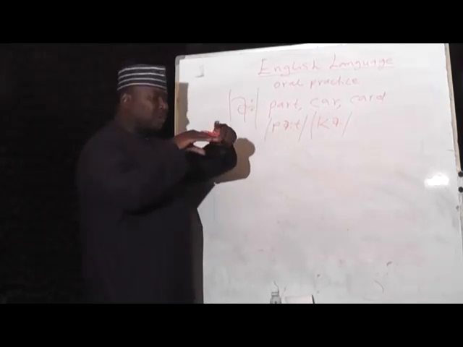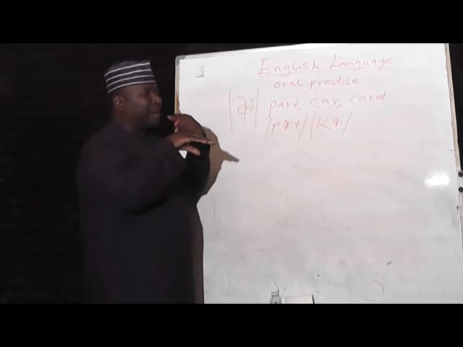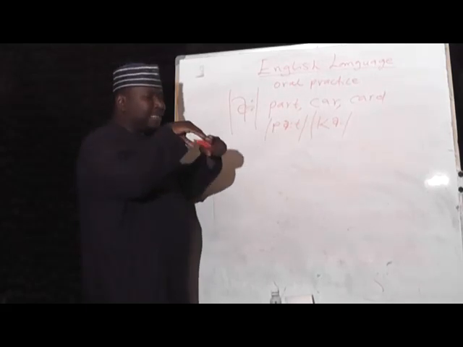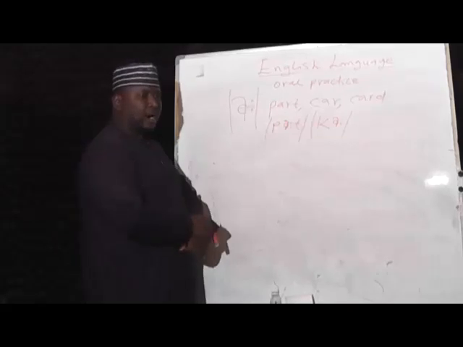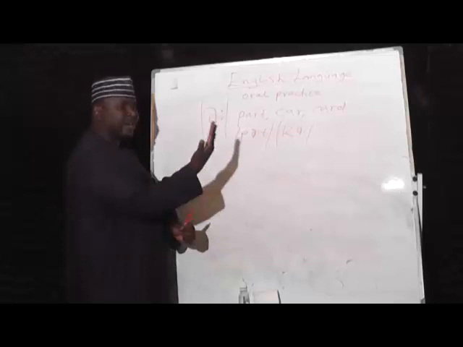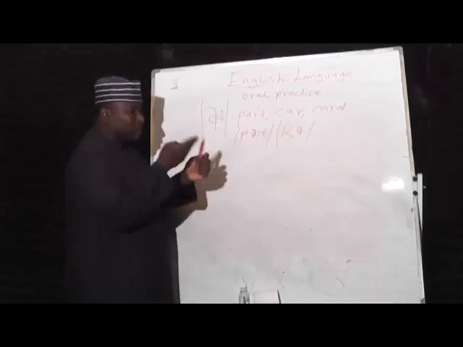The tip of the tongue will now lie down flat in the mouth, while the back of the tongue will raise up a bit to pronounce this. So it's R. Say it. Again. If you check the mirror, you will find that the tip of the tongue, I told you,